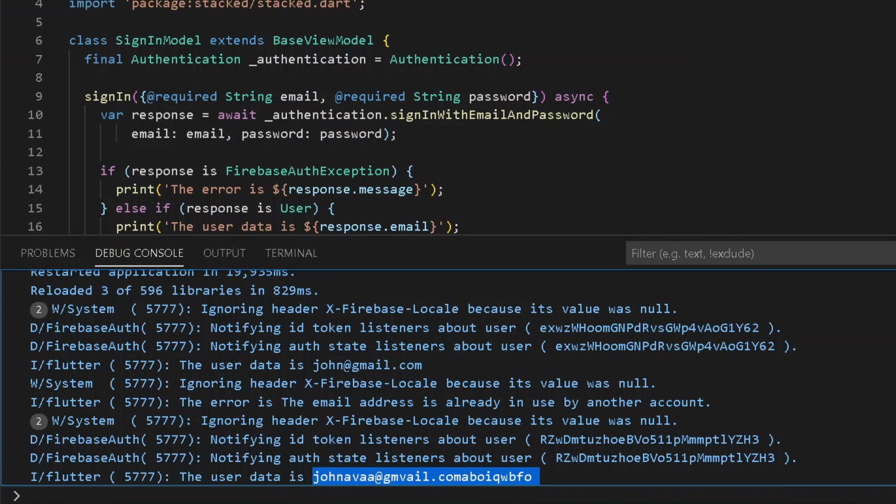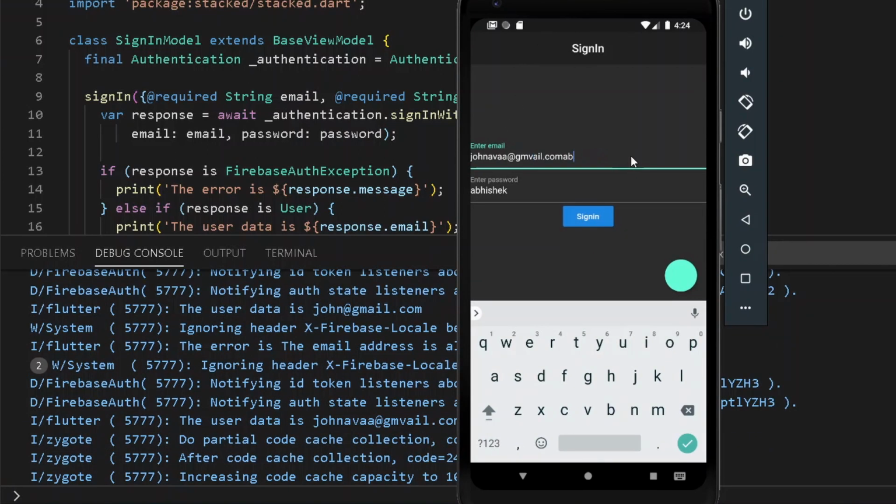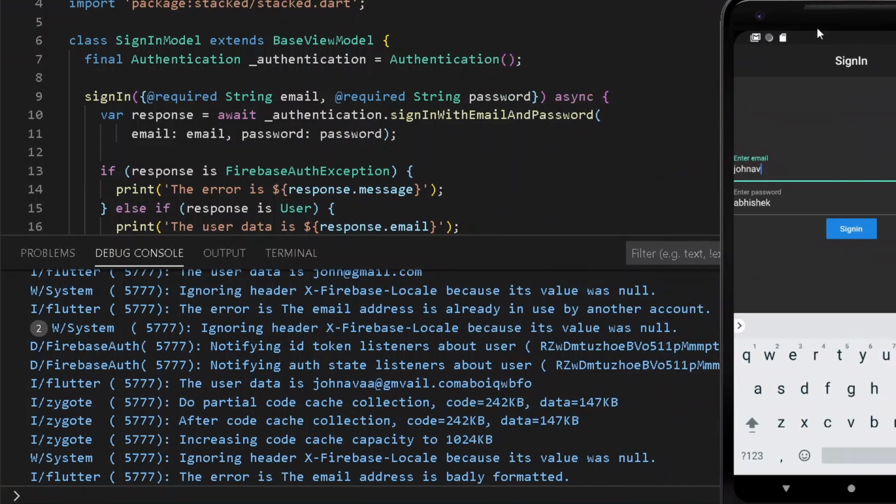But here's the thing, if I open it one more time, and from here, if I simply remove the following thing and let the following thing go, you can see here we are getting our error that the email address is badly formatted. Congratulations, we have done a great job. But for now, if I create a new account of john2@gmail.com, and here let's have a weak password. So here let's have a password of only 2 words.